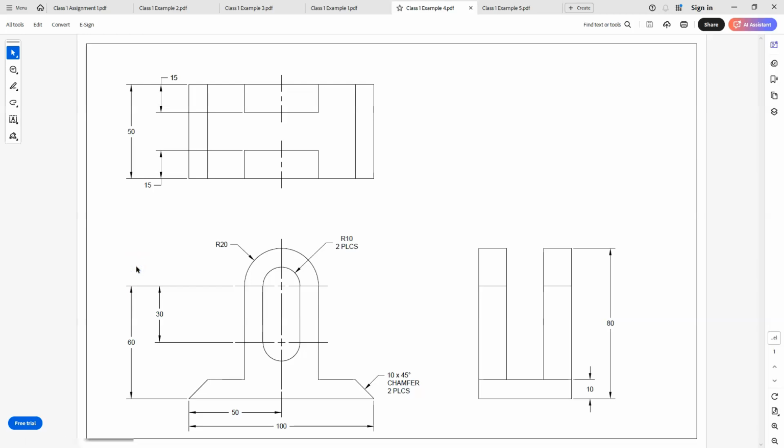Alright, so welcome back to the channel, and in this video we're going to be taking a look at doing this example. Now, one thing that is different from Inventor as opposed to Solidworks in this one is that Solidworks gives you two opportunities or two different ways how you can create a slot. Now, if you look at the Inventor video of me doing this, you're going to see that I put the